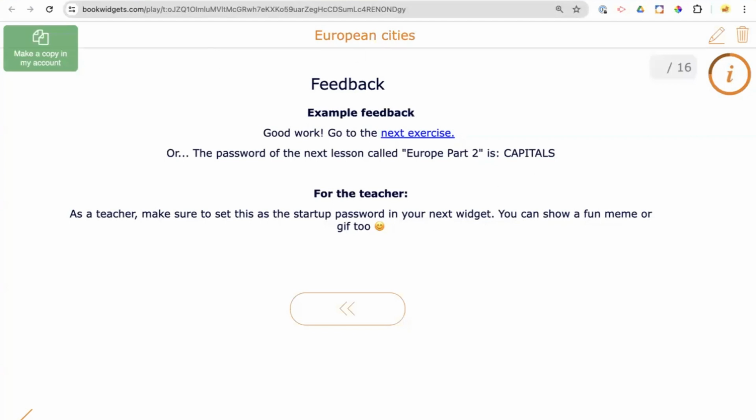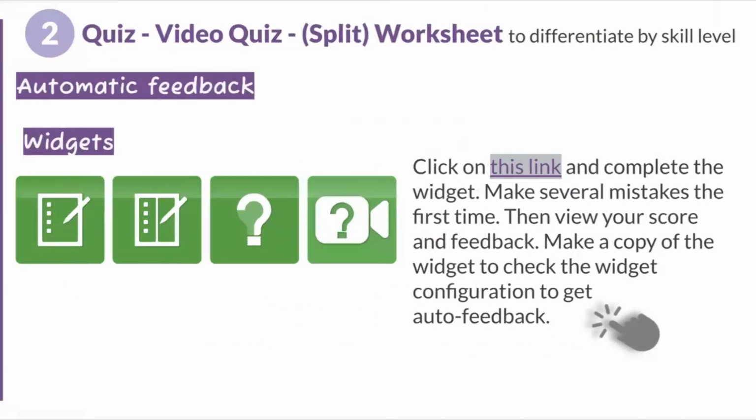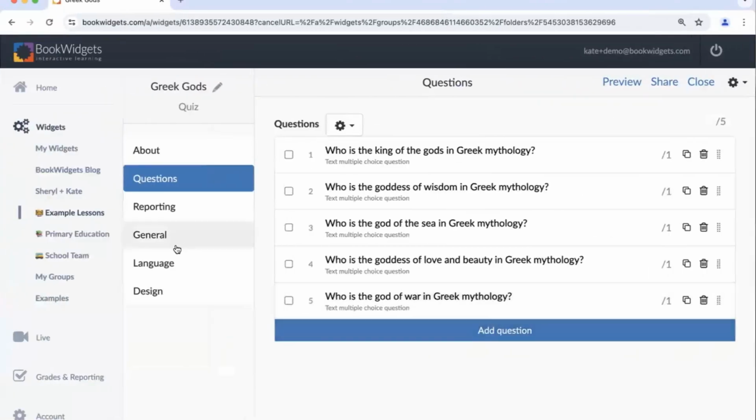All right, let me exit out of this. Okay, so did you all try it out? I hope so. That automatic feedback is fantastic. So let me show you where in a widget the automatic feedback is located. So in that video quiz